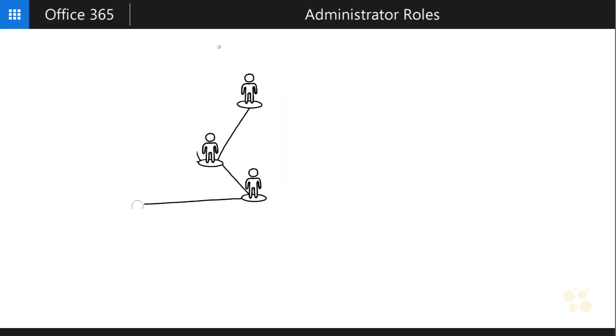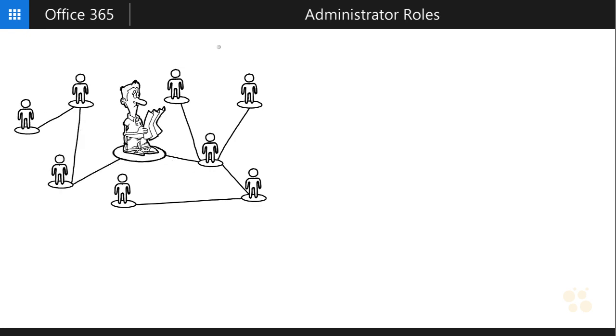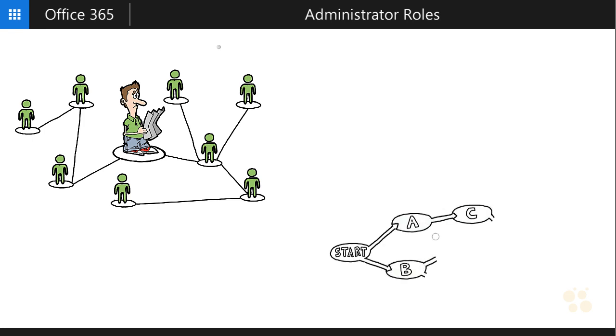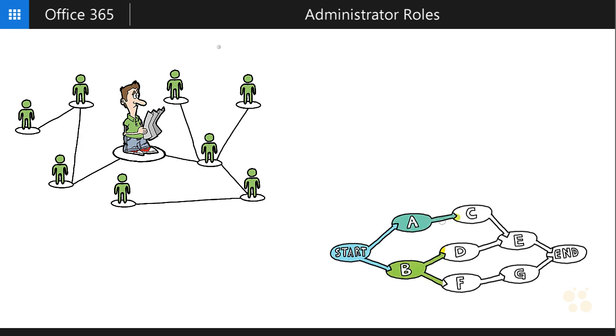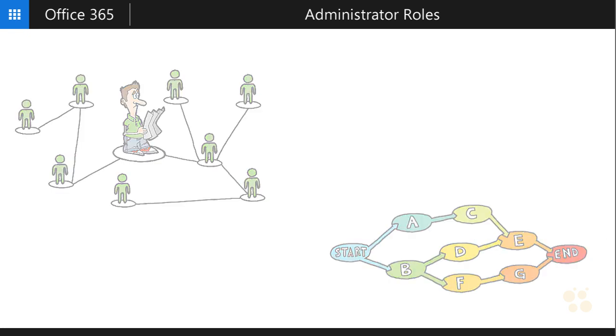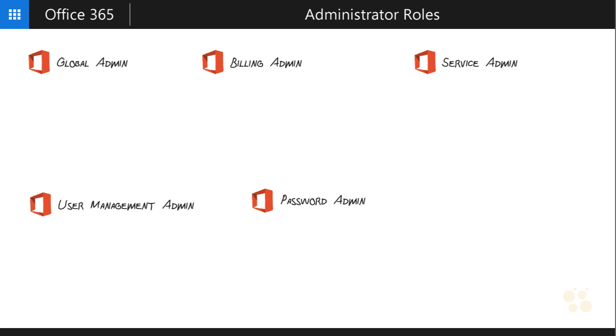Hey, here's a newsflash for you. You're not going to be able to administer Office 365 all by yourself. It's just too big. Even if you have a kind of small organization, maybe 20, 25, 30 employees, you've got a ton of different responsibilities and roles in Office 365, whether it's setting up licenses or resetting passwords for users. There's a lot to get done, and consequently there are a lot of different administrator roles to be found inside